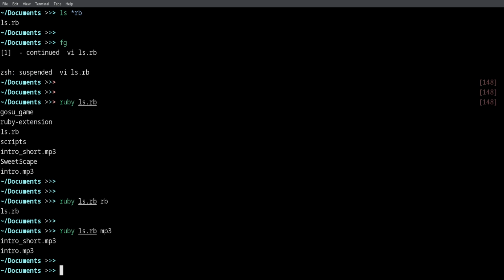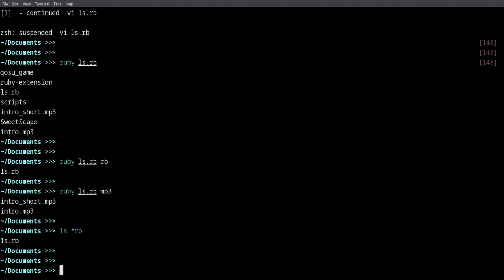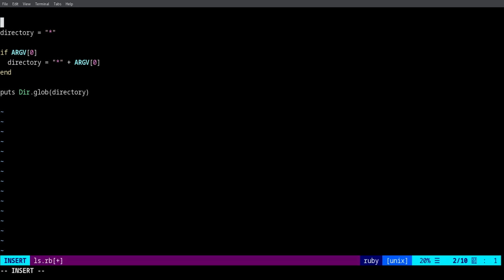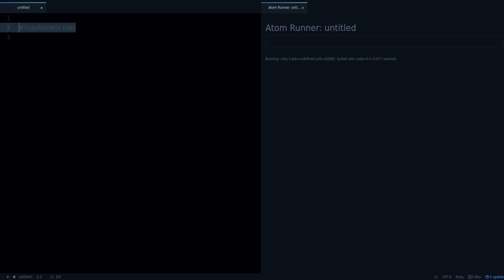Now at this point you might notice that we have to say Ruby every time, right? But when you use the regular ls command, you don't have to do anything special. You don't have to put anything in front, right? So what can we do to change this? We can add a special line, a special command as the first line. Let me show you what I mean. This line right here,